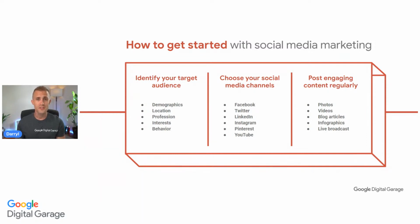Well, the beauty of this is that social media has insights. We'll tell you more about what your customers are doing. Then next step, we want to choose the right social media channels. Now, I've been very, very fortunate to help many charities and organizations through the pandemic to help get themselves out